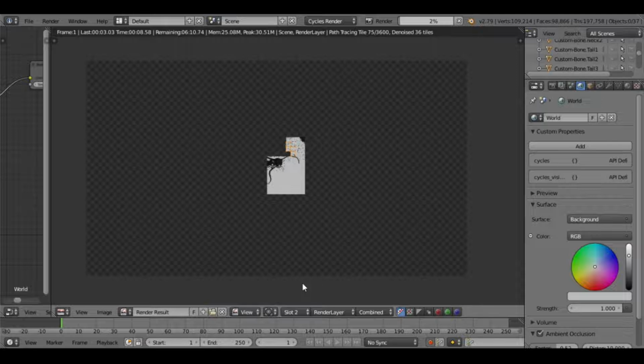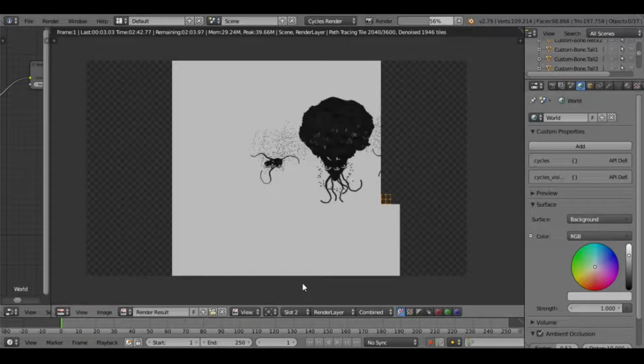I decided, forget the tractor beam, that's too much work. So instead, what I decided to do was render the foreground stuff on one layer, and then render the background stuff, such as the Witherstorm, on another layer. And then I would cut it out in Photoshop.